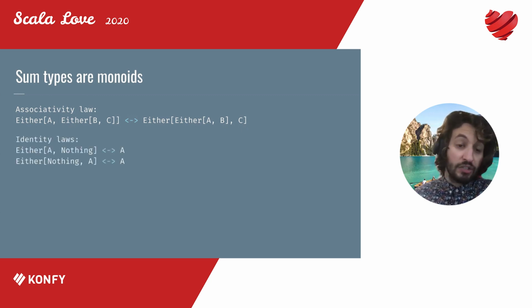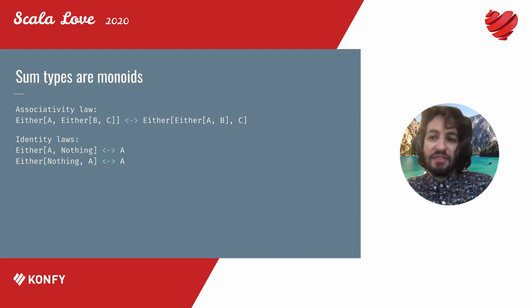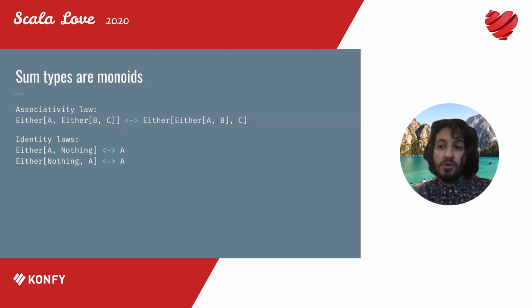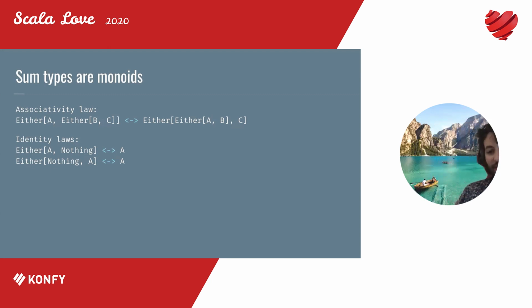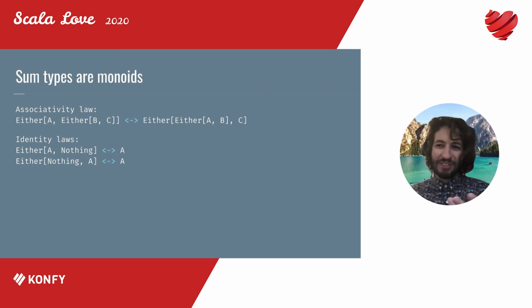And the identity is formed with this special type called nothing. And nothing is a type that has no inhabitants, right? So there can never be a value for nothing unless you throw an exception or recurse indefinitely, but we're not going to talk about that. So either A or nothing is always going to be a left, because it can't be a right, because then it would have a value of nothing, which it can't have. So basically it's always a left, and that means it's always an A.